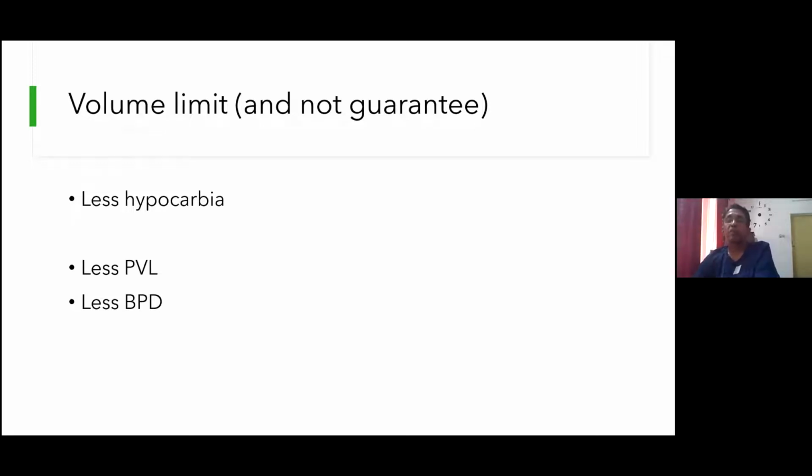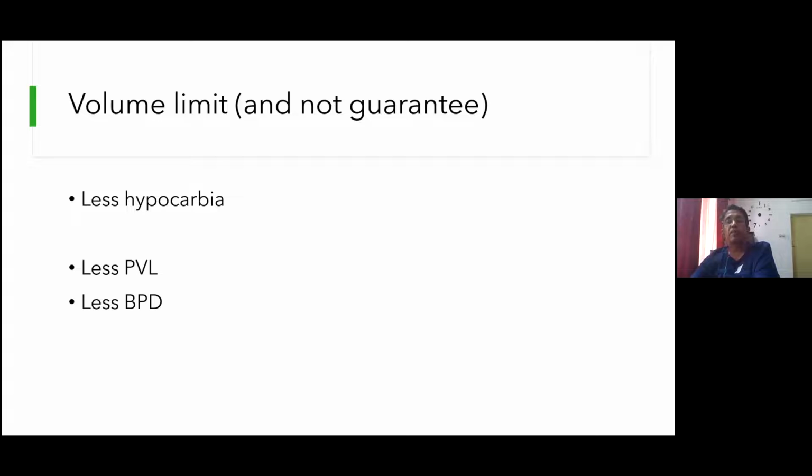It would say you would get a maximum term insurance of this much. But if you died much earlier or you have not completed your minimum period, then they would give you a much lesser amount than that. But there is no guarantee that you would get the full amount, or a health insurance. Similarly, in volume limit, it can reduce the tidal volume if the baby is improving in his lungs. But it cannot increase the tidal volume if the lung becomes stiffer. There is no guarantee that you would get more volume if the baby needs more. Whatever you set would be the maximum that would go to the baby.